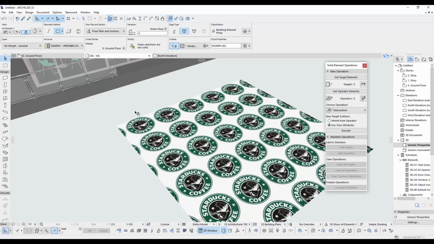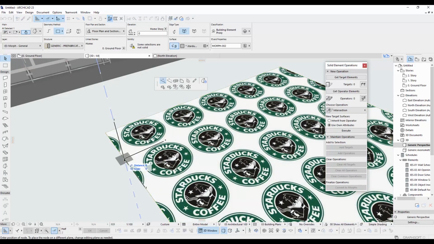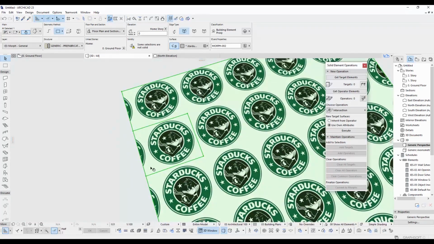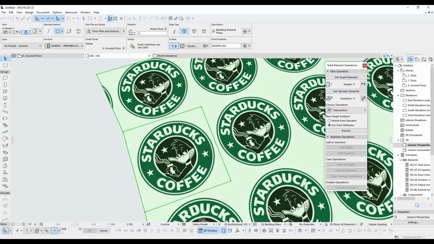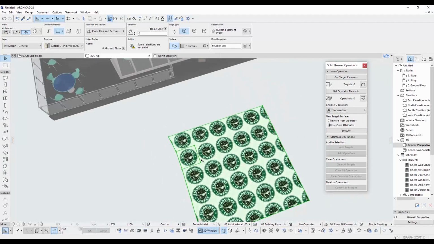I need to cut out the logo from this. Therefore, I click the edge of the morph and draw a line around the logo with pencil tool. After drawing the border, I can delete the other parts of the morph, like a paper.